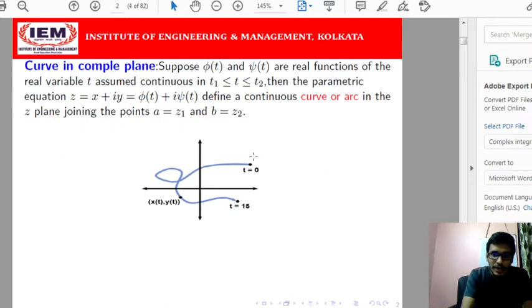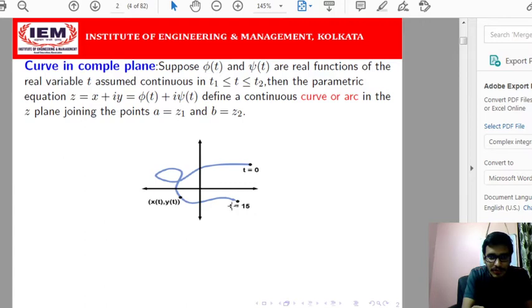Whenever we identify a complex number z in the complex plane, that is nothing but a point in the two-dimensional plane. We take another point z1, another point in the plane, and z2, yet another point. If we draw those points, we will get the equation of a curve. So in the parametric form, how can we define it? Say, for example, t is any real number. Corresponding to t, the real part x and the imaginary part y are dependent on t.